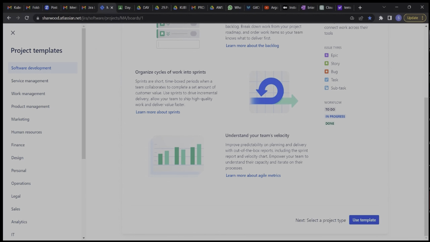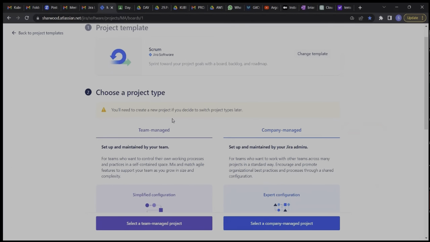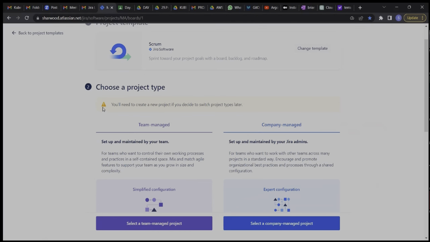And then right here, we will use the template. Oh, sorry. Let me move this up by the side. So we'll take use template here. When you select the Scrum board and then you take use template, it's going to take us to, if we want to do a company managed, or